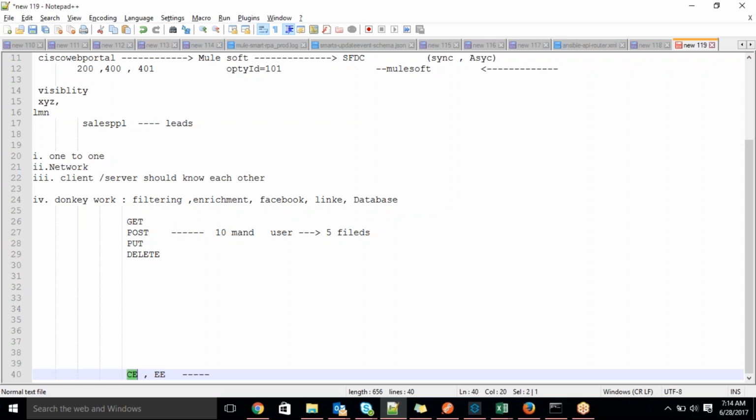So then what will we do? That's why they introduced the DevKit connector concept, guys. If the connector is not available, we can create our own custom connector actually. That facility is provided by MuleSoft. Whatever connector is not supported, we can write our own code. Suppose you are familiar with Java, we can use the DevKit connector concept in MuleSoft. You can write your code, then we can connect it actually. If you are familiar with .NET, then we can write the .NET code, so then you can connect it actually.